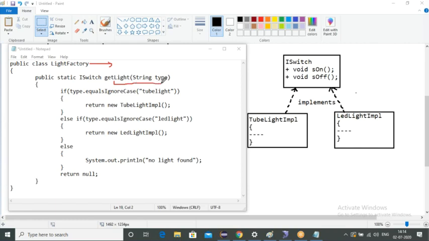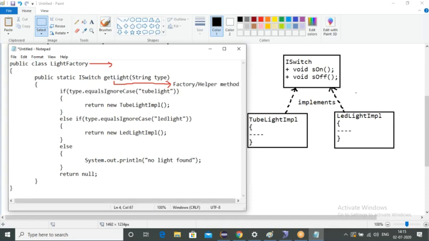And whatever you have as get light, this get light is considered a factory or helper method.